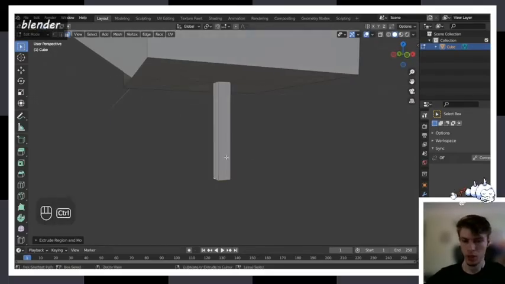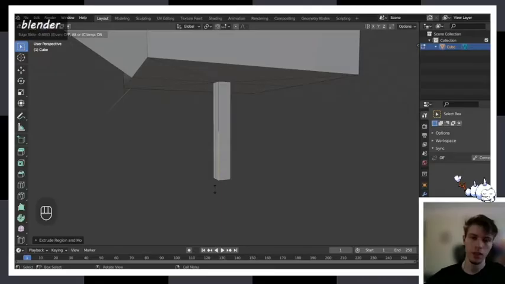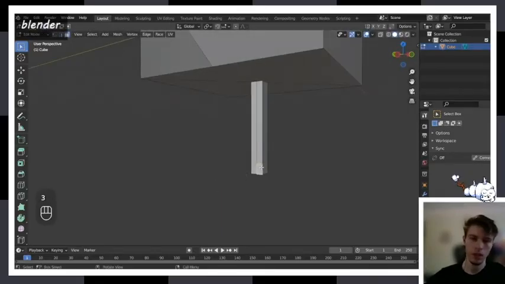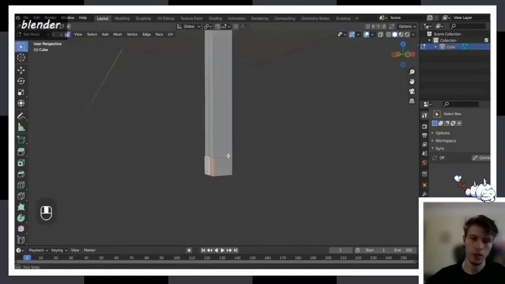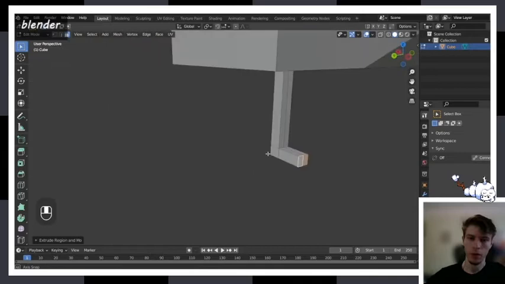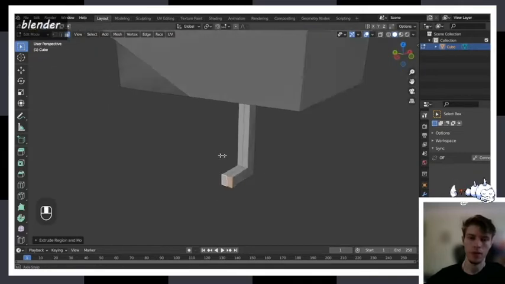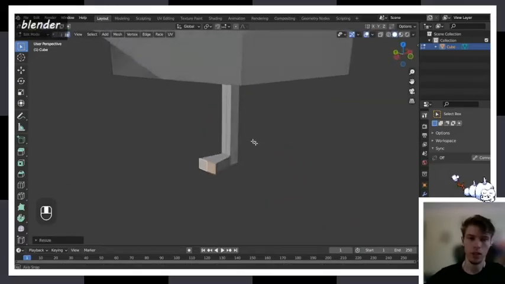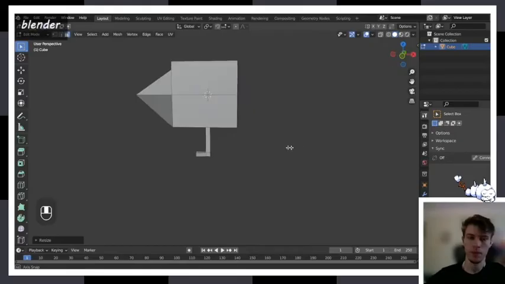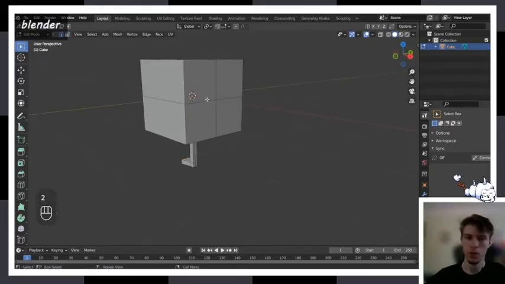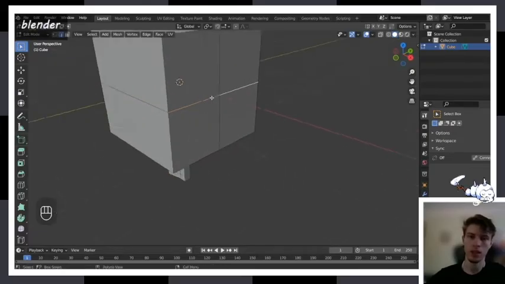And then I'm going to hit Control R to make a loop cut here. And then 3, face mode, select these 2. And then E, make a little foot for our bird. And then maybe even hit S, X, or S and Y rather, just to make it look a little different. And then lastly, I'm going to hit 2 on the keyboard and select these 2